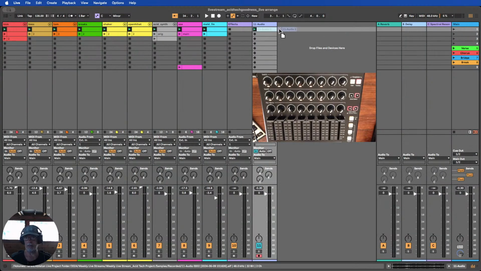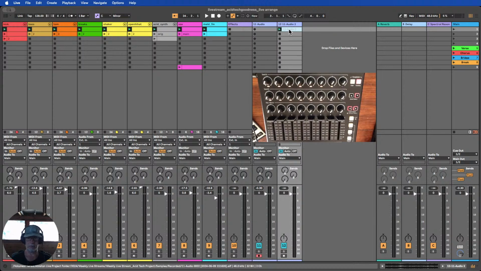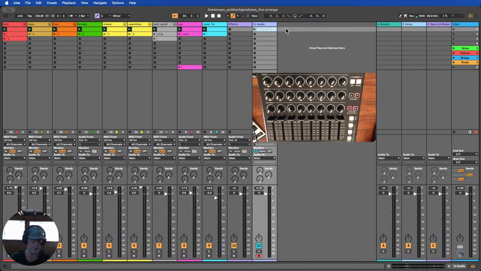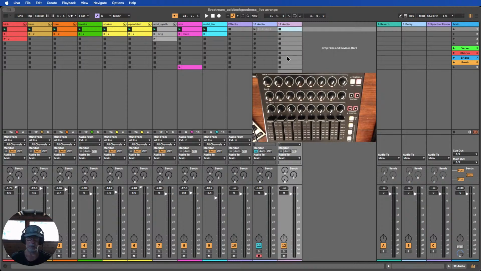And the idea behind that is when we take that over, just dragging it over to a new audio track to the right. Let me undo that. I'll just create a new audio track there and drag the clip to it. We'll just turn that one off for a second, and now if we just solo this track,